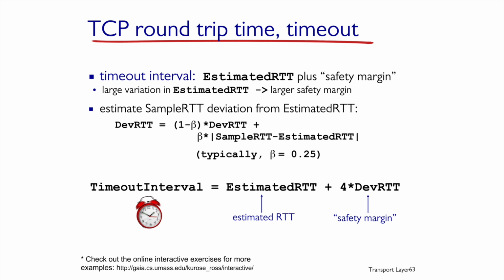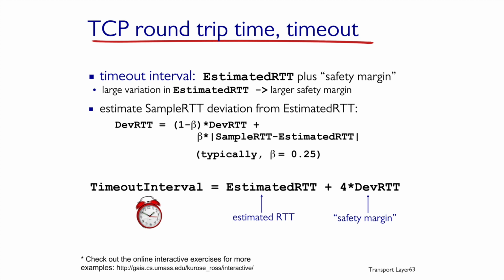So now let's look at what the RTT deviation can be, and then we'll use that value to calculate the timeout. So first of all, what did we say? We said that the bigger the estimated RTT, the bigger the safety margin we need to take inside the timeout has to be. So let's think: how can we assess the deviation of sample RTT from the estimated RTT? We'll call this value dev RTT, or deviation RTT.